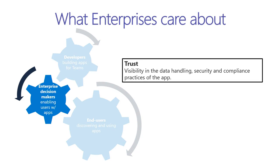But what we want to focus on here is the element of trust and the enterprise decision makers that enable apps. Okay, so what we found when we had this app store in Teams for a while is that a lot of large enterprises turn all of the apps off, which makes sense. They have to go through a review process and so forth. And then we said, well, what does it take for you to turn them on? And they described the process they go through, the data they have to gather, they have to get information from the vendor, et cetera. It's a very time-consuming process. But it's all about the trust, because they want to make sure they can trust the apps that they're using